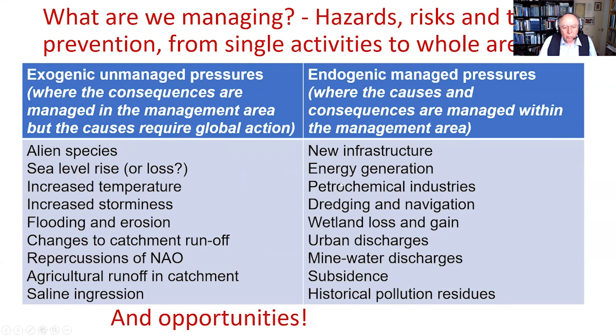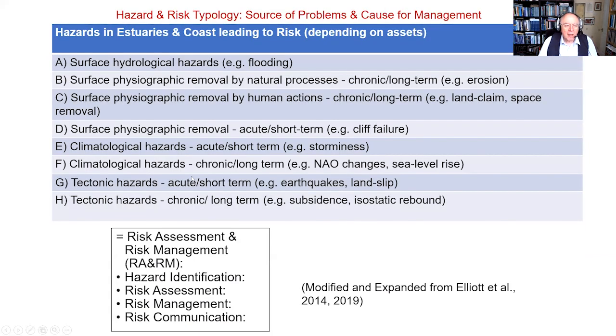So the biggest problem with this is in defining the management area. And if we're looking at land-sea interactions, we have to include the catchment. And then you have to decide, is the catchment within your management area, and therefore everything is endogenic, or is the catchment outside your management area, say you're managing the coast, and it's exogenic there. Sorry, the first one's endogenic there. We then say, where are the problems coming from? And now you'll start seeing how many of the problems are coming from the land and how many are coming from the sea.